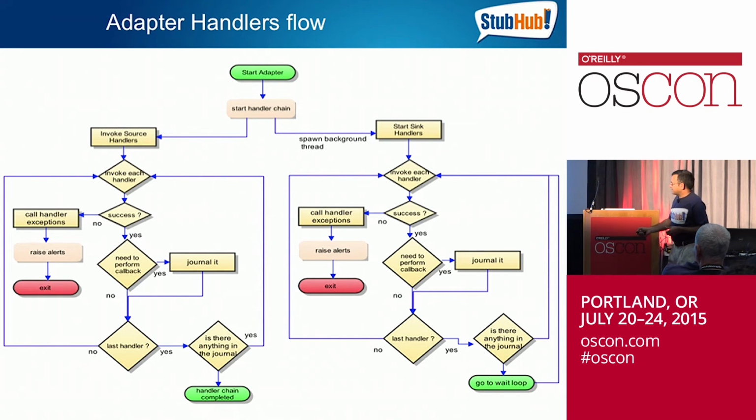And then we check, is it the last handler, right? If it's the last handler, then you check in the journal to say, look, I'm done running through one series of handlers. Is there anything I need to go back and call back? And then it goes into the loop there, right? And then the whole thing continues. On the other hand, if there is nothing in the journal to do, it's going to exit and you're done for this part of the ingestion, and then it goes back to the loop again, right?